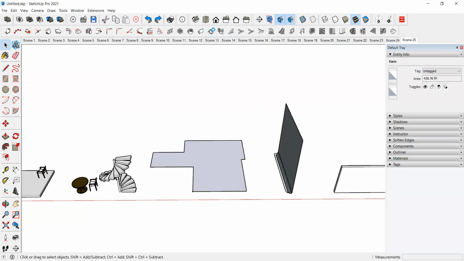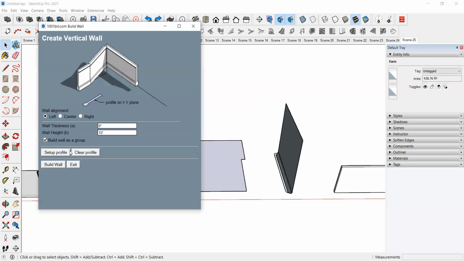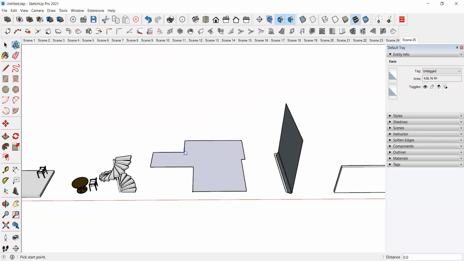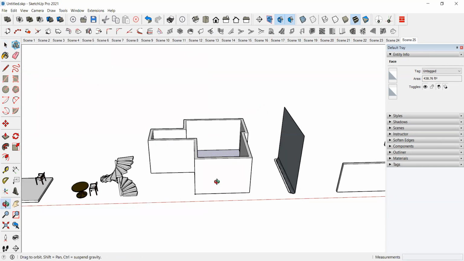So I'll create the wall here for windows purpose, creating openings purpose. Clear profile, build wall. Okay, we have wall here.